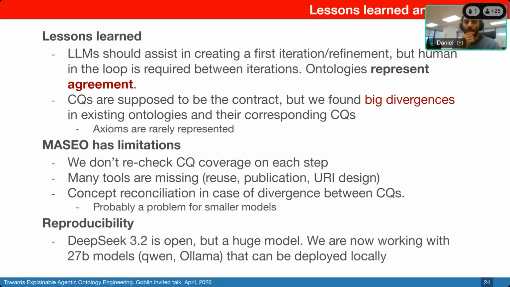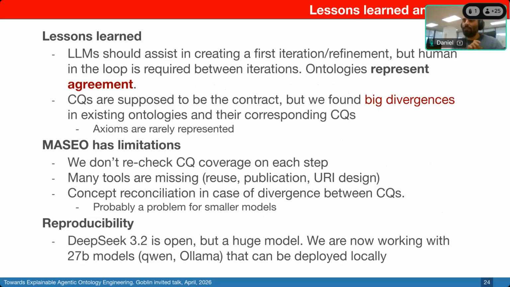But if we really want to progress in this task, we need to make sure that CQs are correctly aligned with the final ontologies, which is interesting because to me, CQs have always been the contract, the requirements that we have to follow as ontology engineers, but we have found very big divergences between the CQs